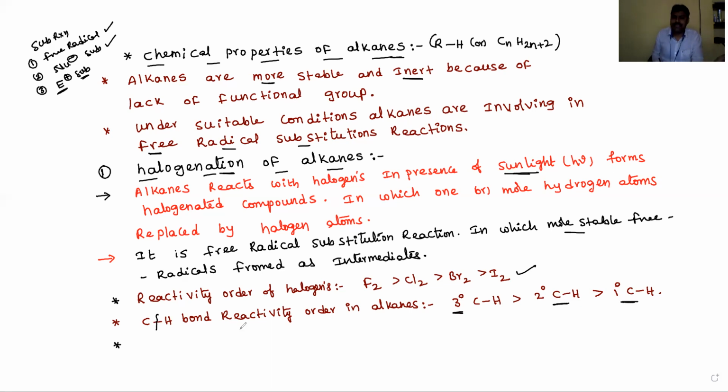Now observe a simple example of free radical halogenation of alkanes. Let's take methane and do chlorination. For monochlorination, you take 1 mole of chlorine and excess methane in the presence of sunlight. Then we get CH3-Cl, that is, chloromethane is the product. That is called monochlorination, with loss of HCl. On further halogenation, because these halogenation reactions are uncontrolled,